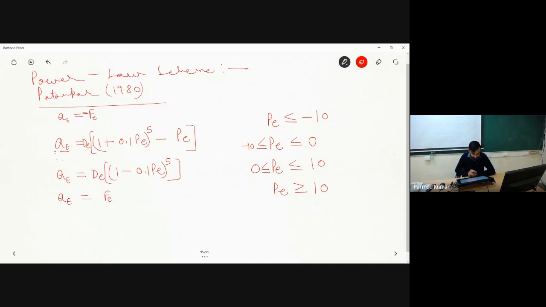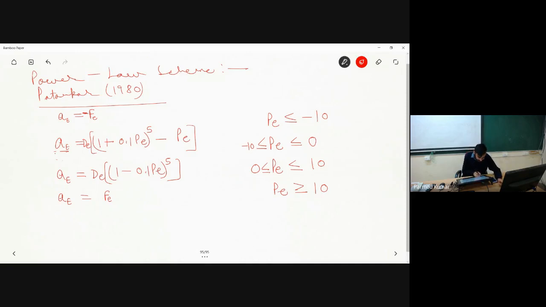differencing scheme. Okay, so this is one of the advantages of this particular scheme, that only at large Peclet number it will be setting the diffusion equal to 0, which is physically also true, and in between it considers some power law variation which matches almost exactly to that of, it is not identical, but it is very, very close to that of the exact analytical solution of our 1D convection diffusion equation.